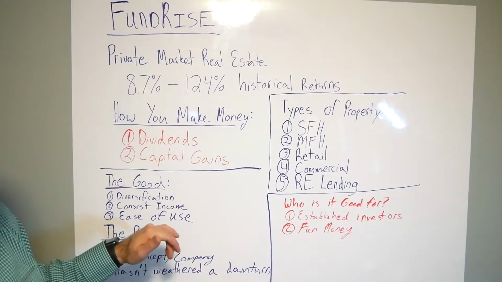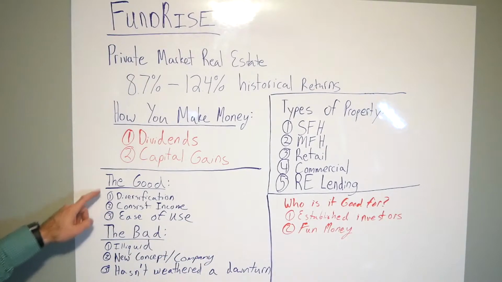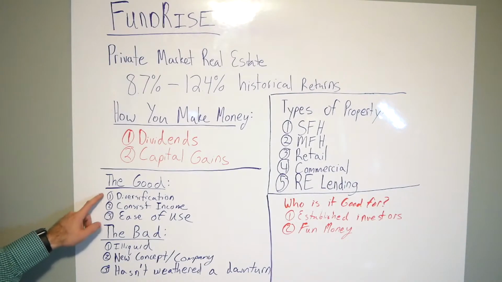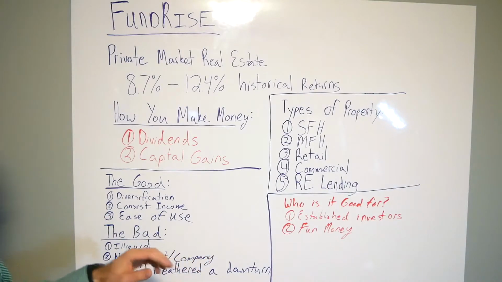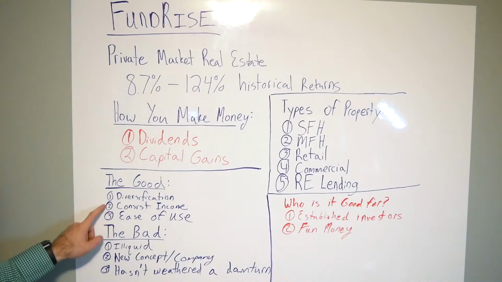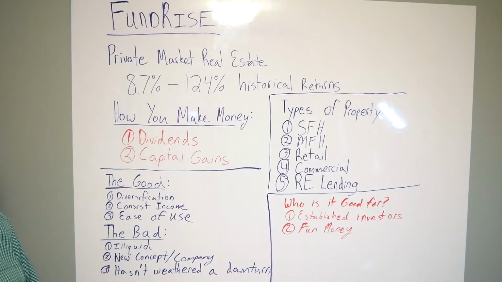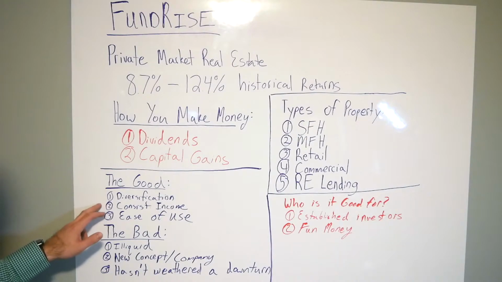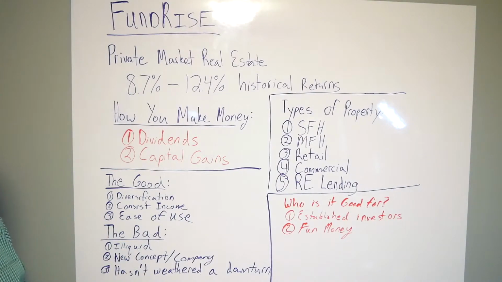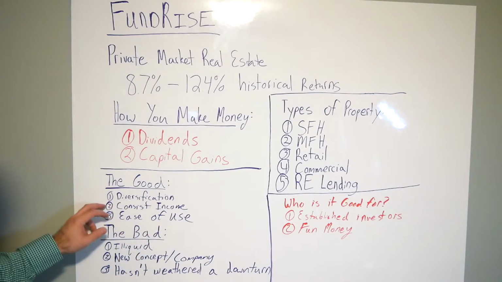So let me jump out of the frame here and let's talk about the good and the bad. So the good: diversification, like we said. They spread it over wide portions of the U.S., lots of different projects. That's a good thing. Consistent income. I've always been paid every month, whatever my share of the dividends is. So it has been very consistent, and the income's been fairly stable. As I add additional funds, it goes up, and it's been pretty stable. So that's a good thing.